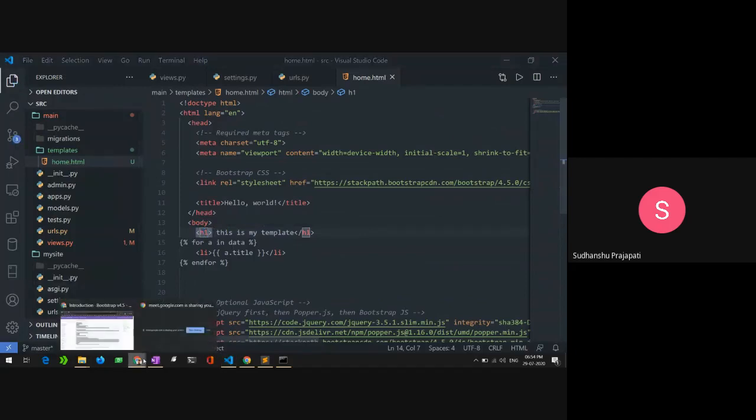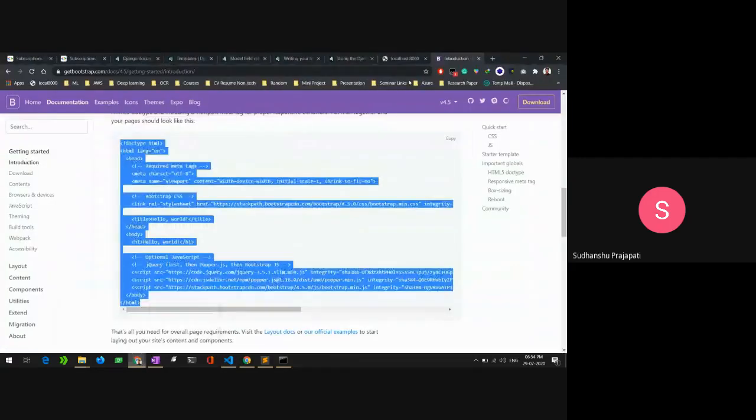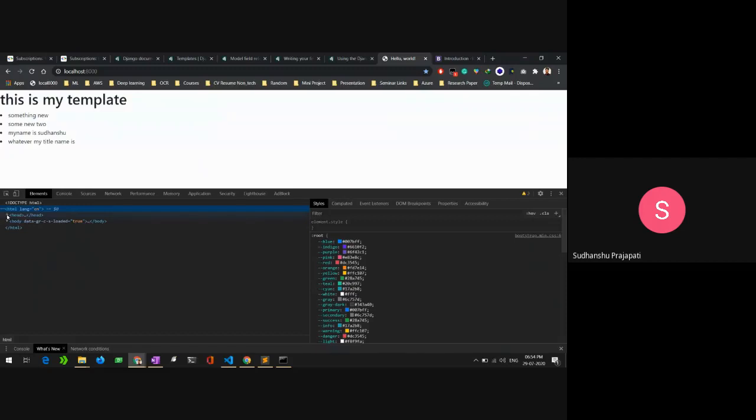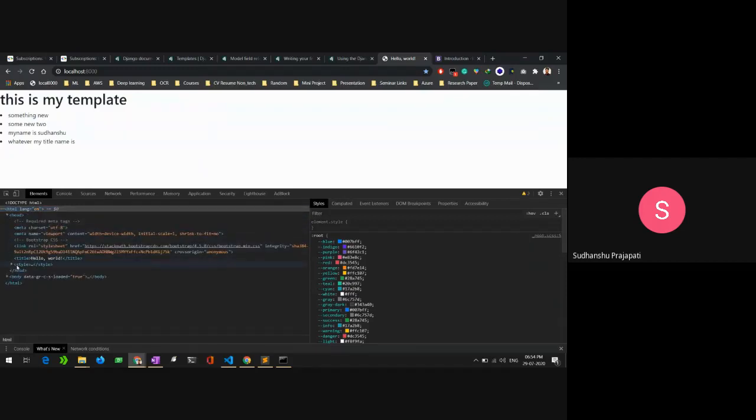And if you go to your home page and reload it again, now you see something has changed here, because the styling we are seeing here is from Bootstrap, and we can verify it using the inspect inside the browser.